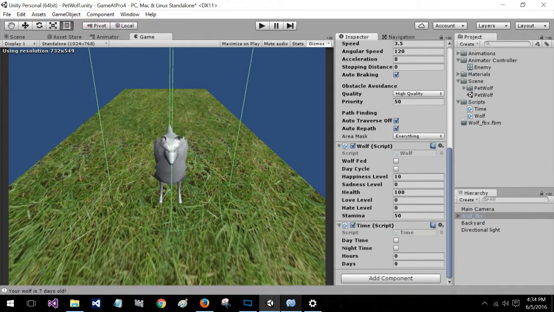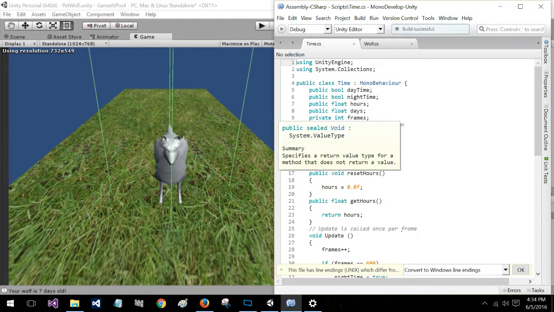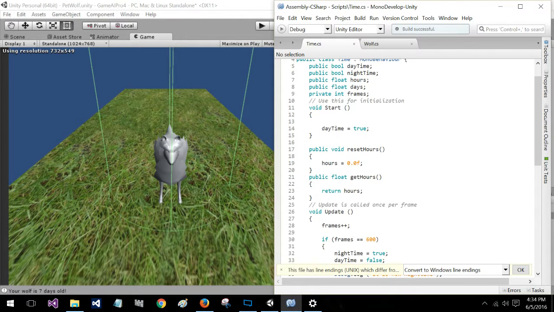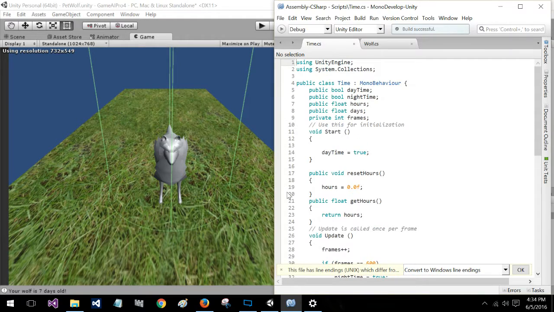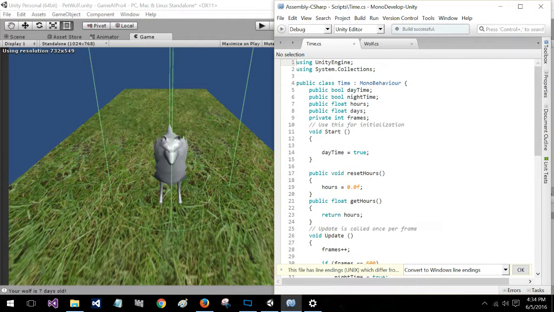Now I'm going to open up these scripts that I use. I started off with a time script. This pretty much just handles the days and nights. I have daytime, nighttime, a bool, yes or no. I keep track of the hours, the days, and the frames. The frames are important so that I can simulate time. I know I can use coroutines for that, but sometimes this seems easier, and less time-consuming and